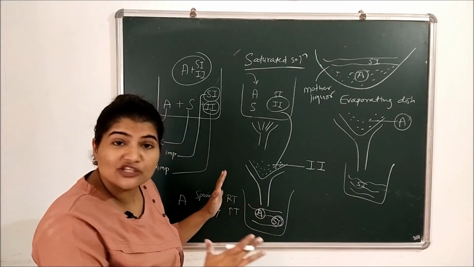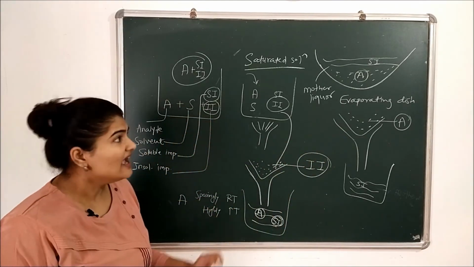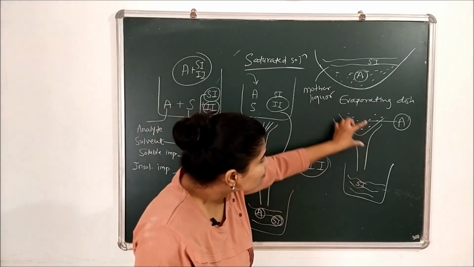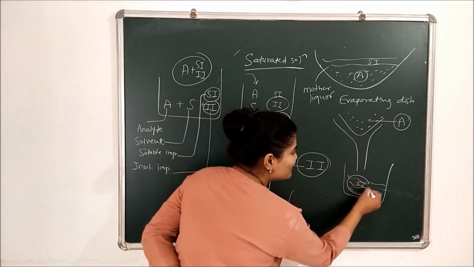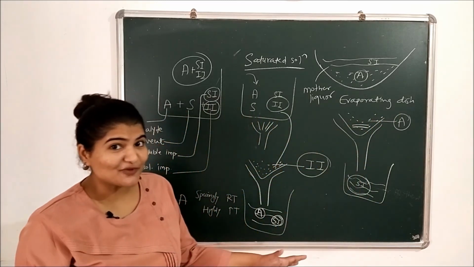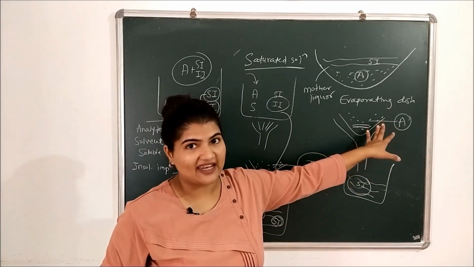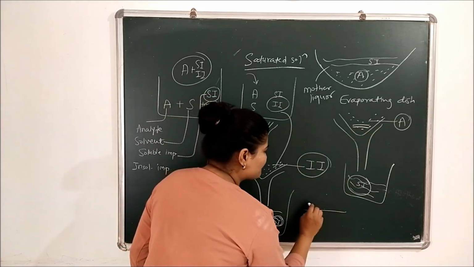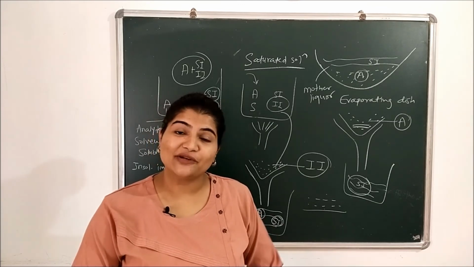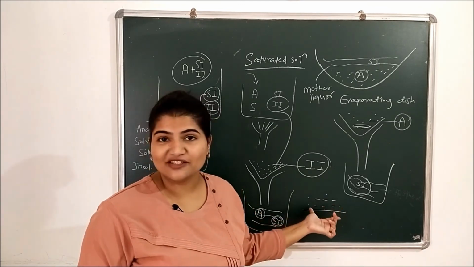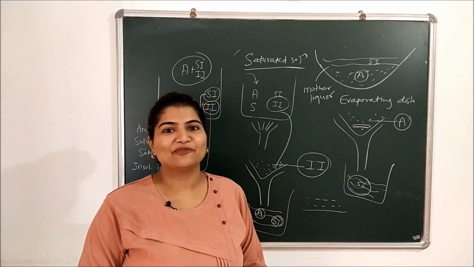Okay, so in this process, in the first filtration you separated the insoluble impurities, and in the second filtration you got your analyte on the filter paper, and finally you separated the soluble impurities from your analyte. So in this process you have separated insoluble and soluble impurities from your analyte, and then you can dry this analyte and use it as a pure sample. Now whatever analytical procedures you perform using this pure sample, they will give you great results. I hope you have understood the concept of crystallization.